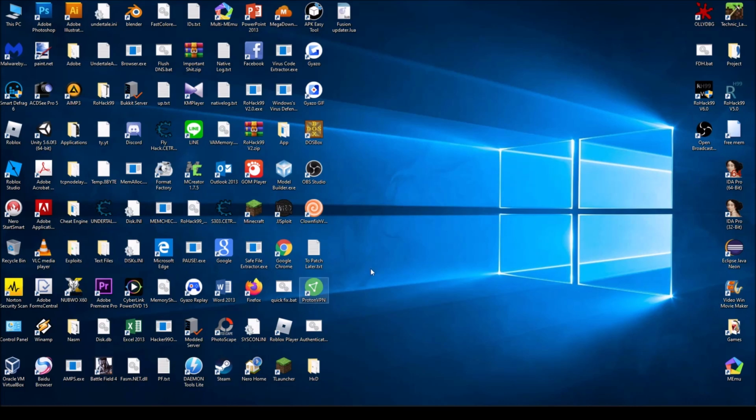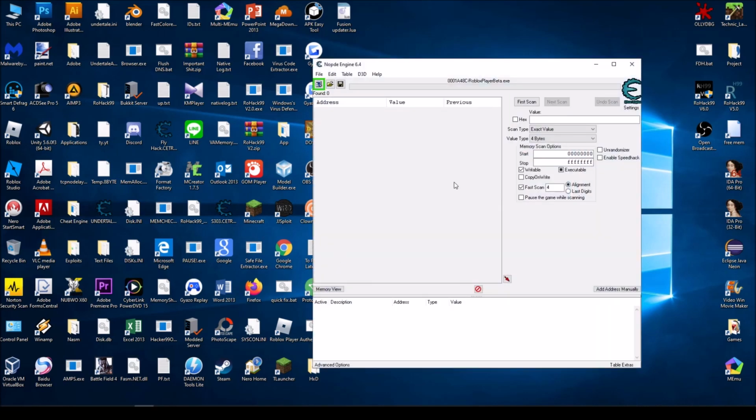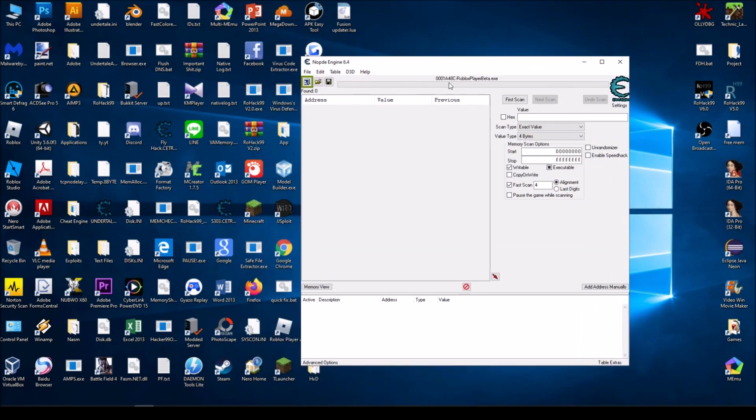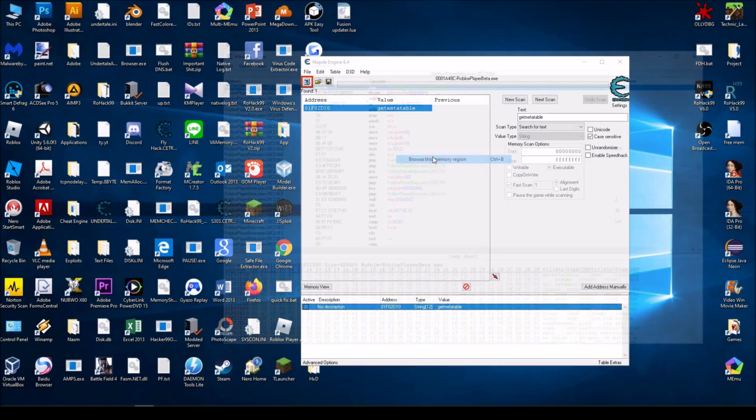So what you need is Cheat Engine. Let's go here. New Cheat Engine, and you have to have 4 blocks open. I already have mine open. When you open Cheat Engine, you can select 4 blocks player beta, and you have to search for getmetatable, and make sure you untick this, and you'll find getmetatable, and just browse memory region,